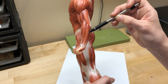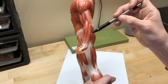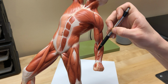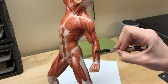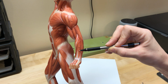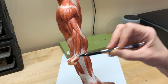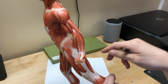This is the extensor carpi ulnaris, because remember the ulna bone is on the pinky side of the forearm. So again, brachioradialis, extensor carpi radialis, extensor digitorum, extensor carpi ulnaris. So if I have a sticker on one of these muscles, just look, especially of the forearm